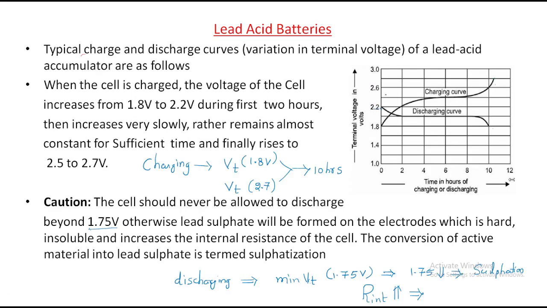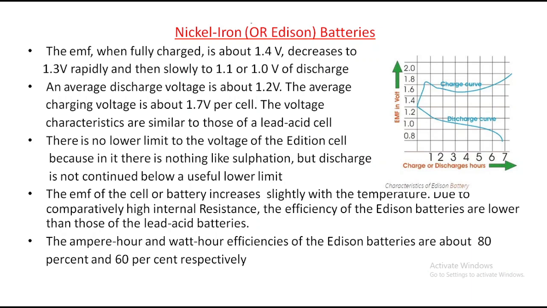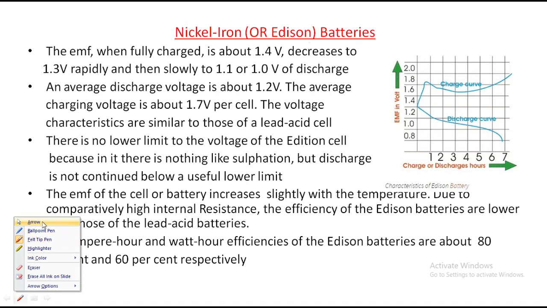So this is about the charging and discharging curves of the lead acid battery. Okay, this is the characteristic of the lead acid battery. Next, nickel iron or Edison batteries. In this also we will discuss the charging and discharging curve. In this, the minimum point of the nickel iron battery terminal voltage is 1.4 volts, and whenever you are